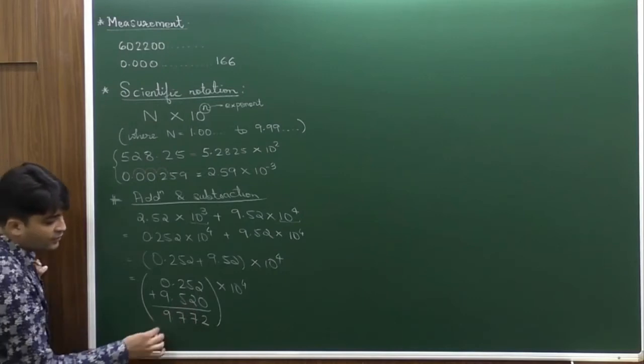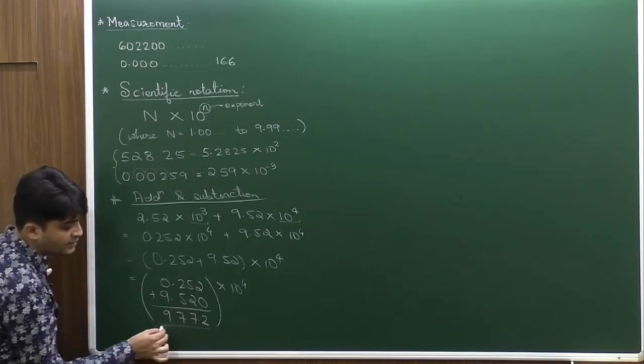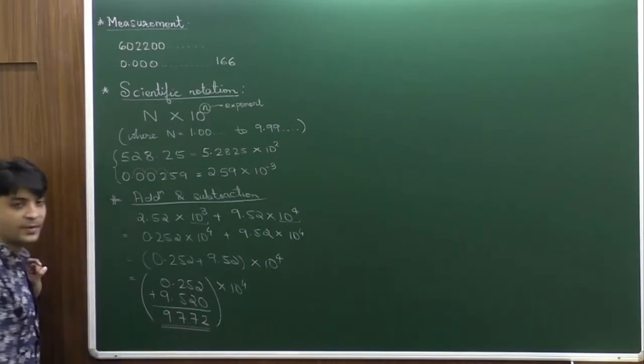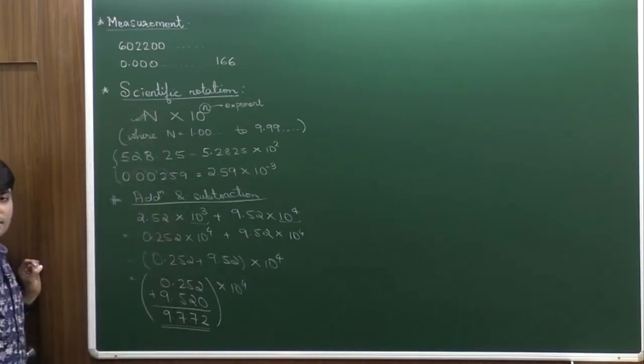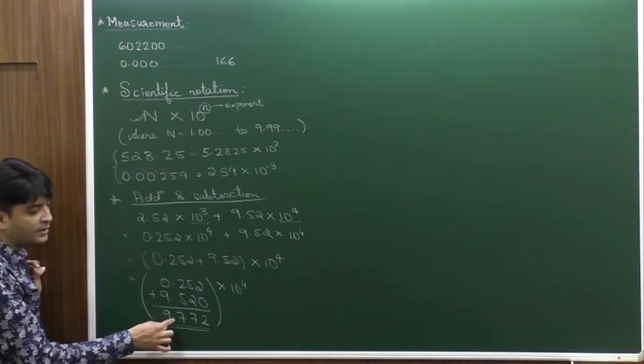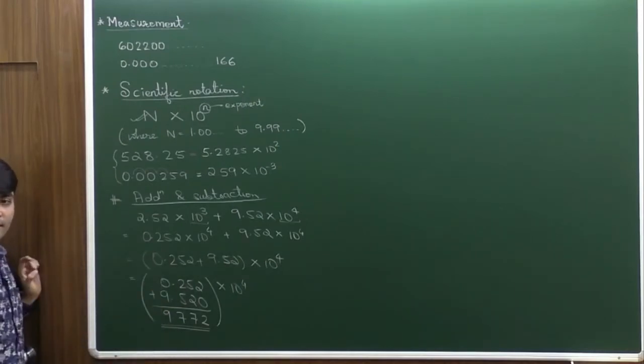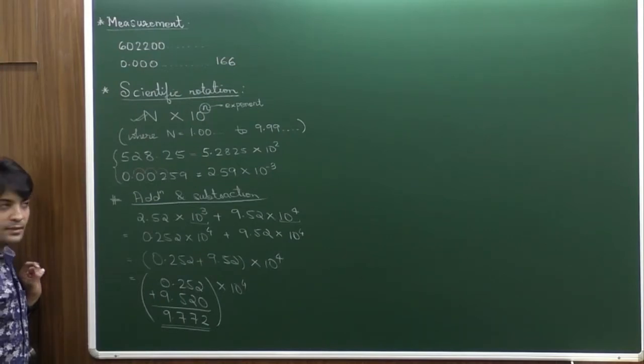ऐसे क्यों किया है? Because finally we should get a number which is a standard way of representing it. Standard way जब बोलता हूँ मतलब this is how you write the standard notation or scientific notation. मतलब it is always with one decimal and whatever 10 का power is there, you should raise it to the exponent. क्लियर है? ठीक है.